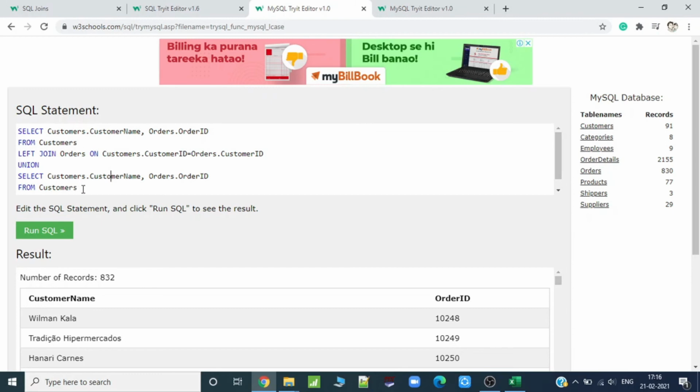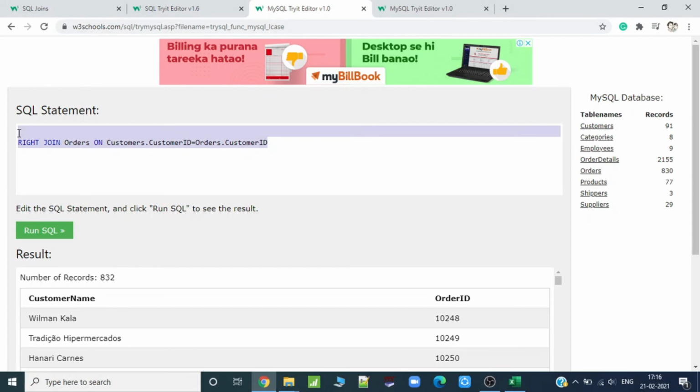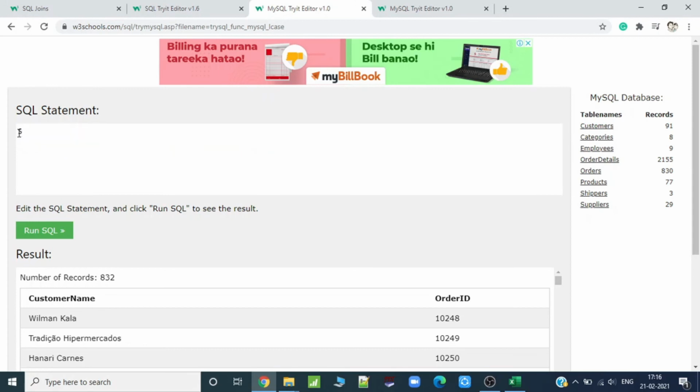There is one more type, self join, which I will just explain now. So self join does not have any join keyword in it. It's just a simple select customer name, let's say, and the condition is you want to get all the customers in a single city. Like find the list of all the customers belonging to the same city.